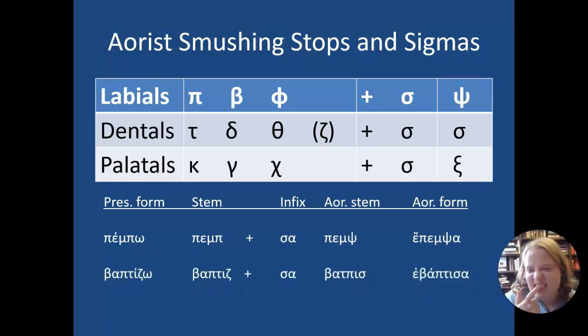The dentals, if it hits your teeth, the sound t, d, th, z, so baptizo, baptisa. There's just so much s. So the e and the sa means I baptized. Anoigo, I open. When it has the sa, those palatals, k, g, k, all the things in the back of your mouth, now becomes ks. And so anoiksa. And so if you can pronounce it in your mind, it will help you catch the sa when those combinations have occurred.